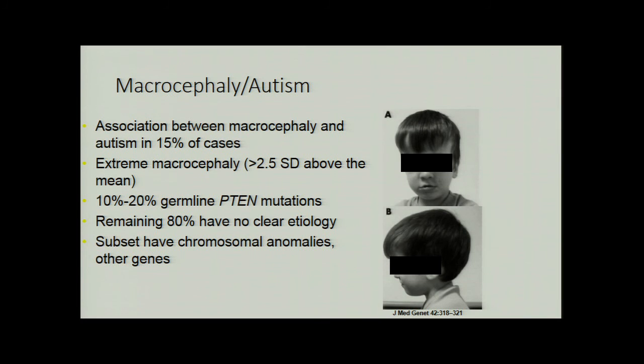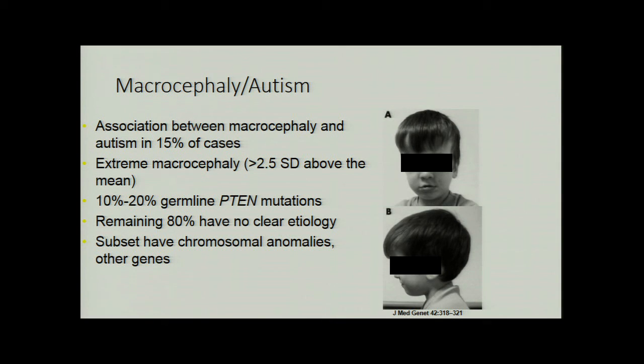And what's interesting is that when you look at that subset of children that have autism and large heads, it's usually extreme macrocephaly the way they present. So it's not a subtle macrocephaly around 1.5 to 2 standard deviations. It's way above the 98th percentile. So if you see children that continuously have a very large head, even though they have no hydrocephalus, you've ruled out all other etiologies, you need to think about this and refer early so that we can